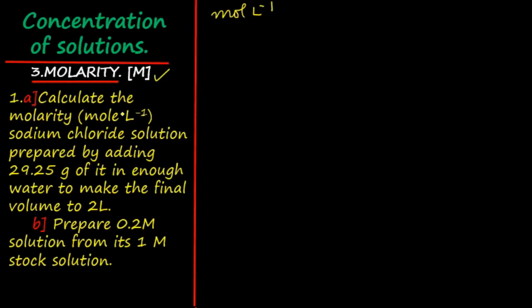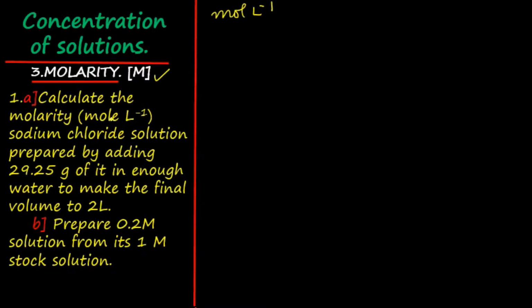Perhaps you already know how to prepare molar solutions. Let us take the example of sodium chloride solution, and imagine that we are preparing 1 molar solution of sodium chloride. What is the procedure? We take 1 mole of sodium chloride and then add just enough water, not 1 liter of water, only enough water to make the volume 1 liter. Similarly, if you want to prepare 0.1 molar solution of sodium chloride, take the salt equal to 0.1 mole of the substance and then add just enough water to make the volume 1 liter.